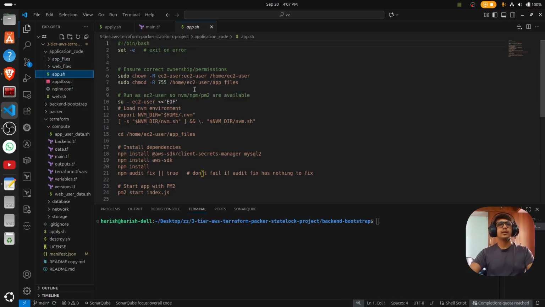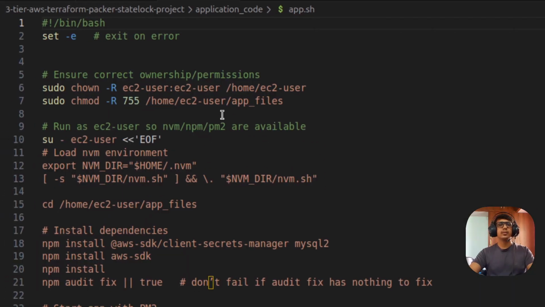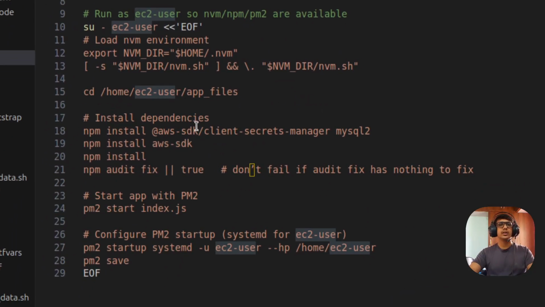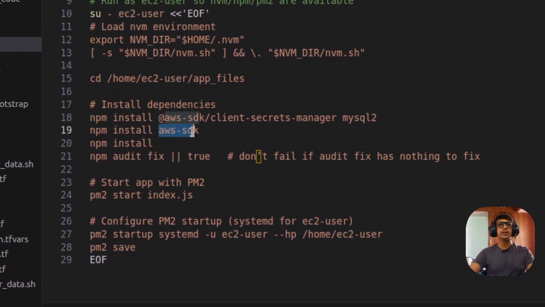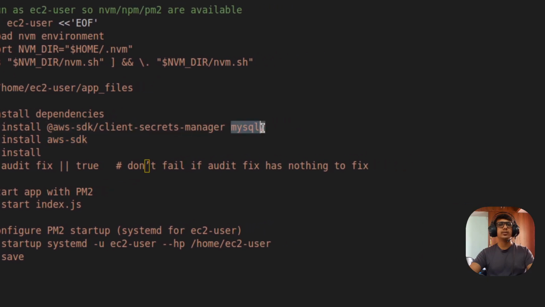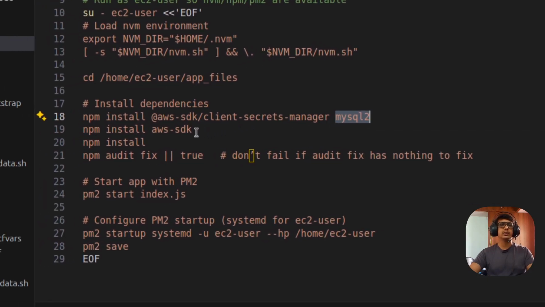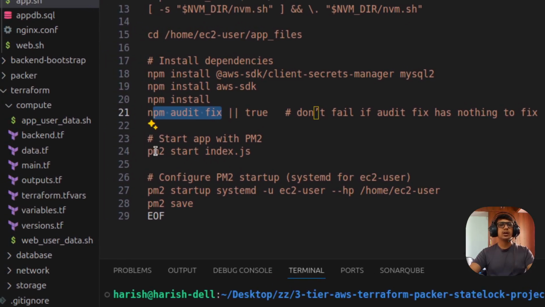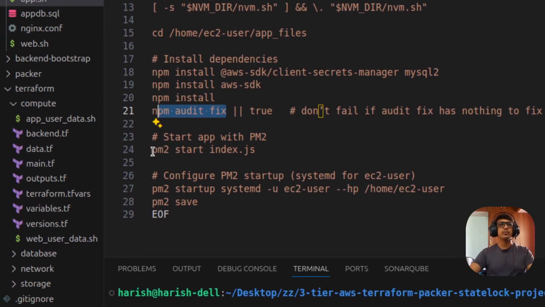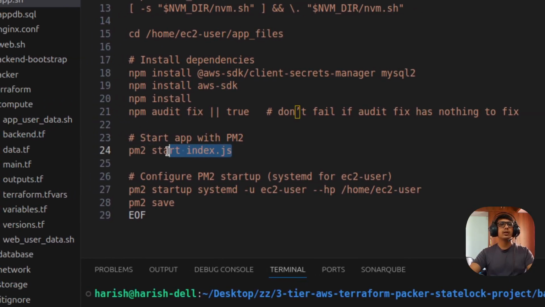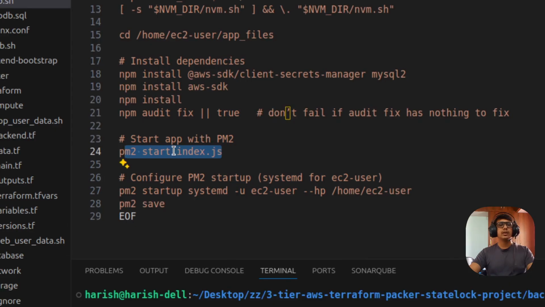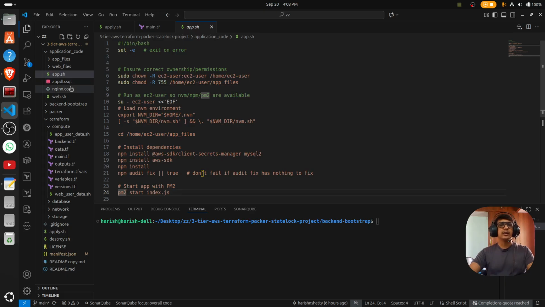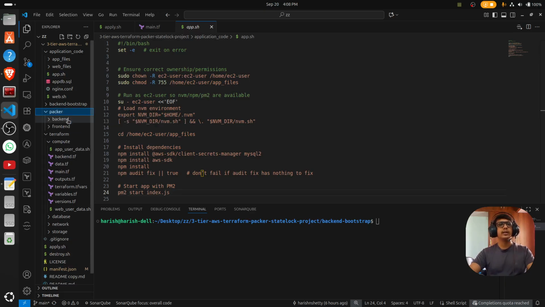Okay, here the command is simple: giving the permission to this EC2 user folders and executing inside here. Install the AWS SDK as well as MySQL to support access, install the dependencies, fix the dependencies, and start it with the help of PM2. You may ask me where the PM2 is. We installed it while creating the